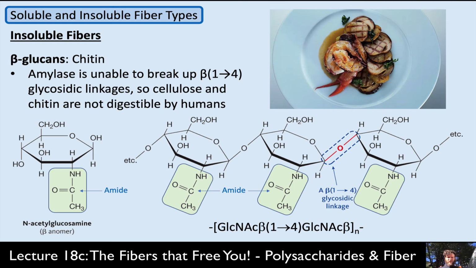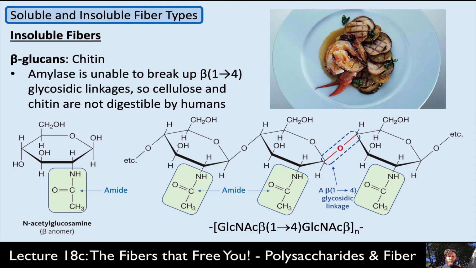So here's another example of a beta-glucan. We call it chitin. And chitin is found a number of places, for example, in the cell walls of crustaceans. The difference here is it's the same beta-1,4 linkage between glucoses, but they're not glucoses. It's actually glucosamine, GlcNAc, where the C2 hydroxyl has been replaced with this amide molecule, this nitrogen-containing molecule that you